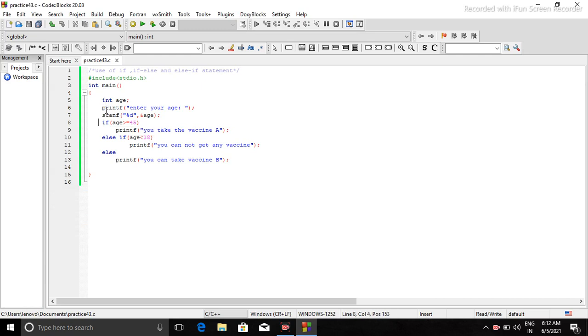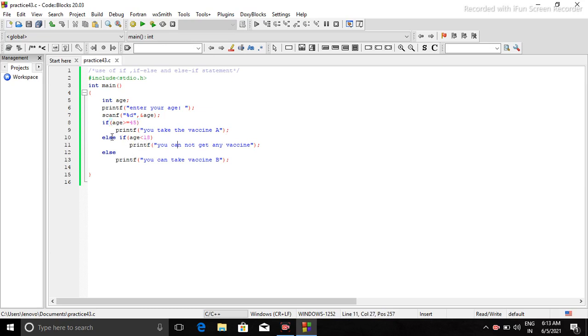First I will take the age of the user, then this condition will be checked: if age is greater than 45, then this condition will be true, and if this condition is not satisfied, then control will move to else if and check the condition of else if, that if age is less than 18 and the condition is true, then this line will get printed.